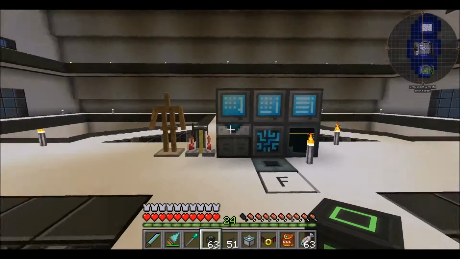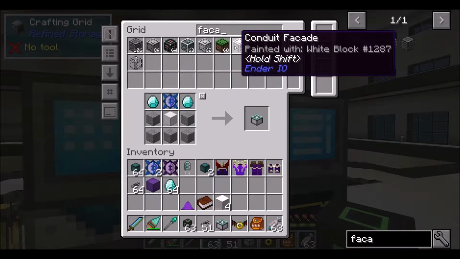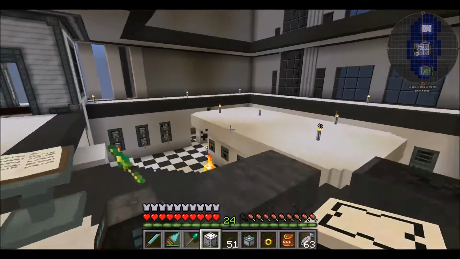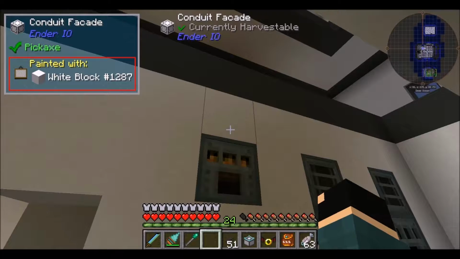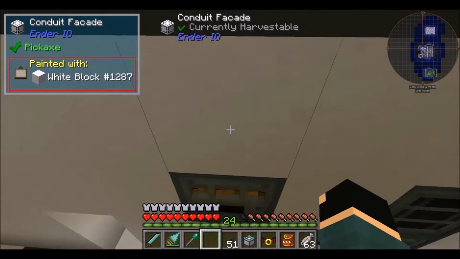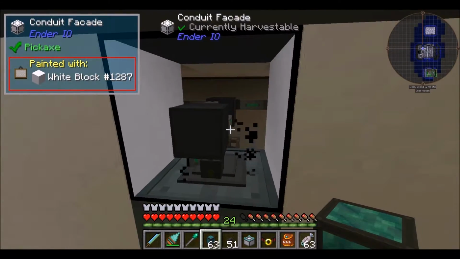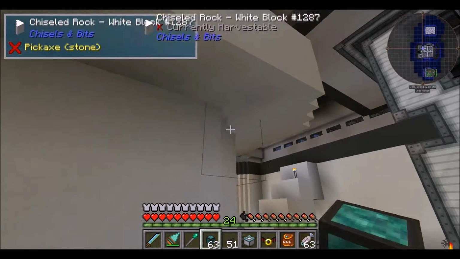Alright, awesome. And then I just need a facade. White? Is that silver? That's silver. That's... No. What's this say? White block, right? Okay. Cool. Nice. That'll blend in perfectly. I won't even know it's there. Awesome. Oh, the only thing that I don't have is I need an exporter. Okay, there we go. And this guy can always active, and I'll just need to tell it where to go,